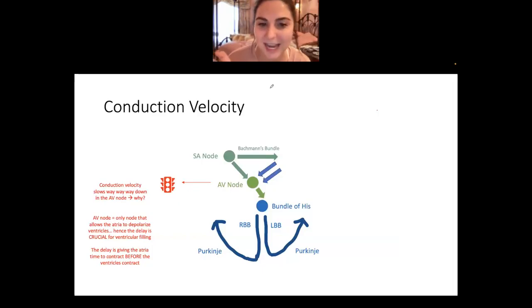It's not because it's anything bad. It's an adaptation. The body's like, here's this athlete who needs to pump out tons of blood all the time because his organs always need oxygen. So we're actually going to slow conduction through the AV node. So every single beat, more blood is pumped out of the heart. It's an adaptation that athletes face, but this also obviously increases the risk for heart block,